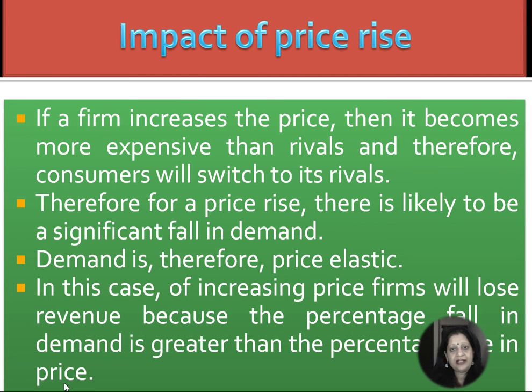Now, what is the impact if there is an increase in price level of the commodity? If a firm increases the price, then it becomes more expensive than rivals, and therefore consumers will switch to its rivals. If the firm starts increasing price on a continuous basis, then it becomes more expensive than rivals. Then the consumers will switch to the next rival who is providing the goods at the best possible price. So this is known as a price rival